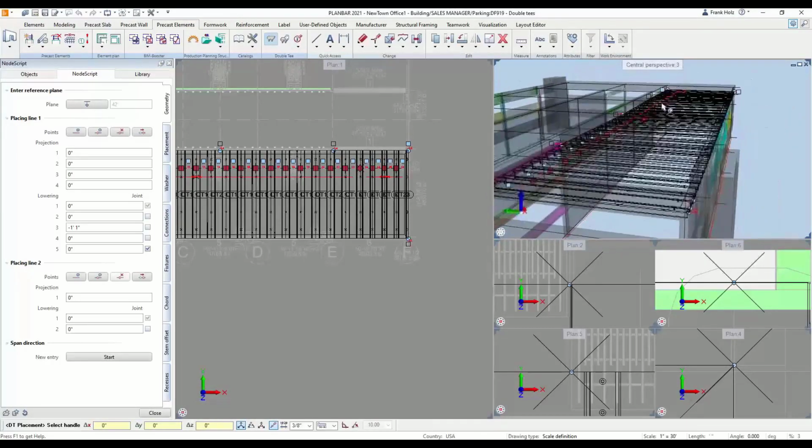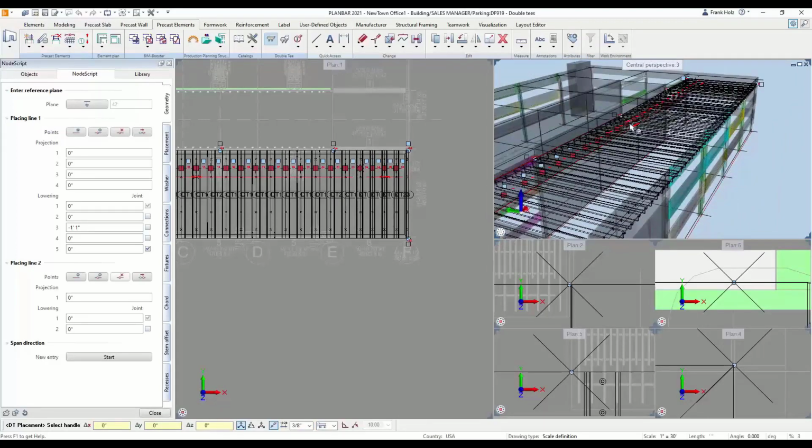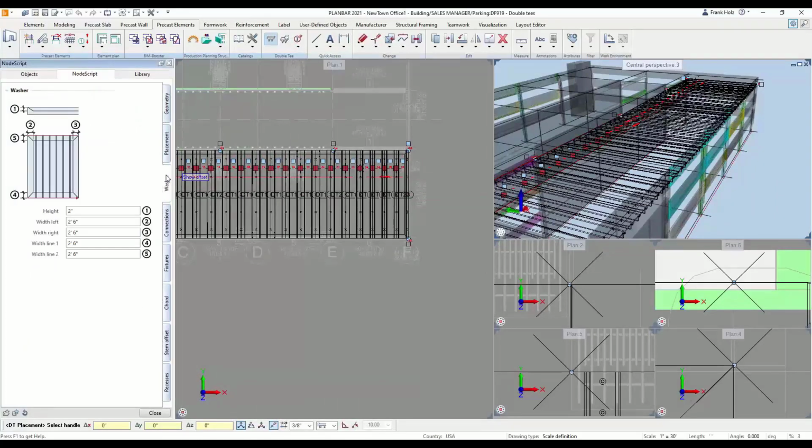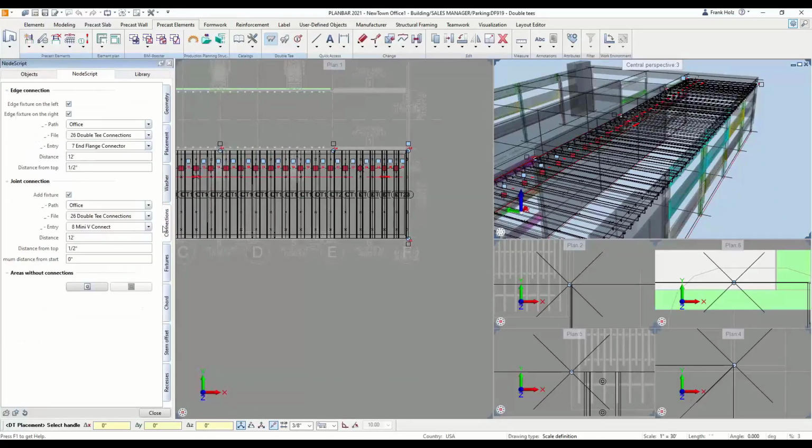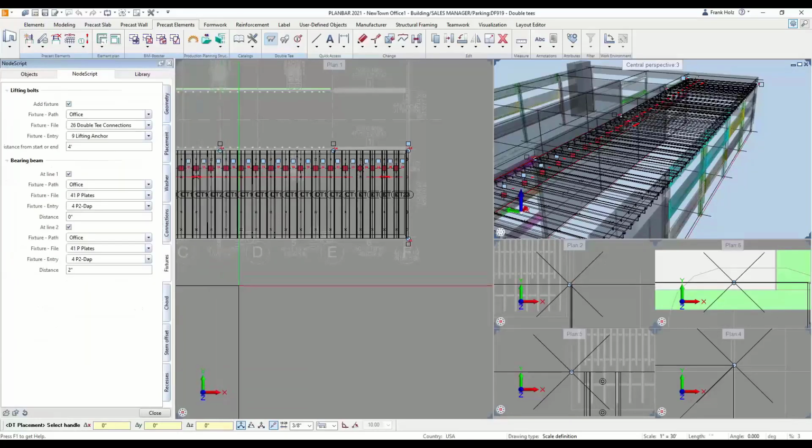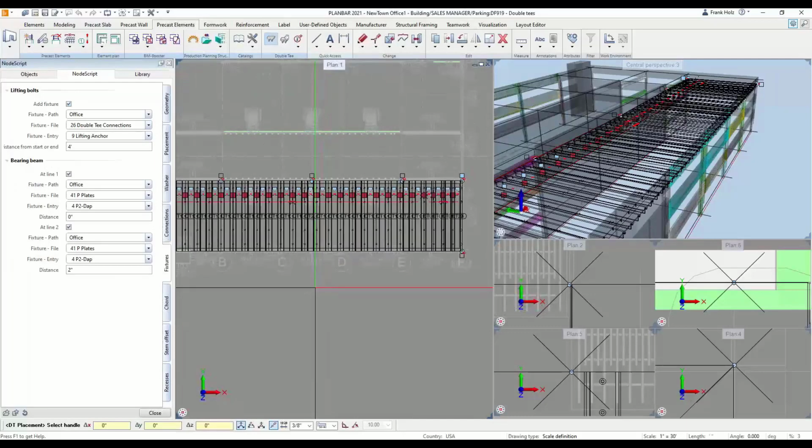This is going to represent the warp shape. In a few minutes, we'll convert them back to an unwarped state so that we can create our shop tickets and our reinforcement inside of them. And the conversion between warped and unwarped, of course, does all the math to determine exactly how much longer these need to be to rest properly on their bearings on the corbels than they would if they were not warped